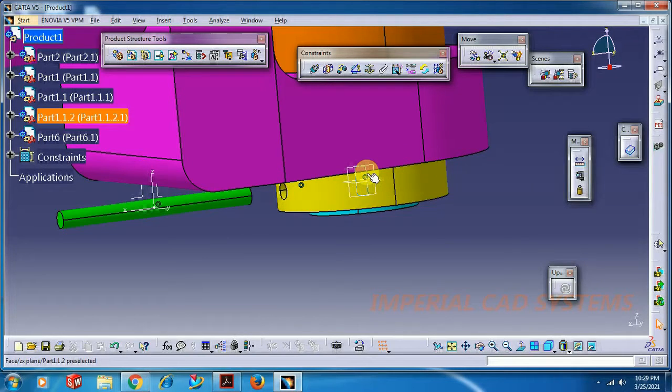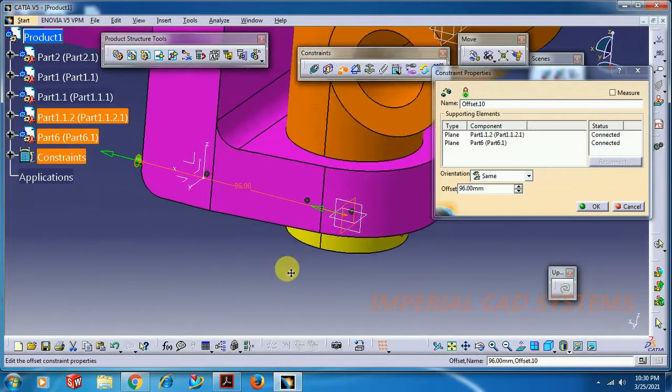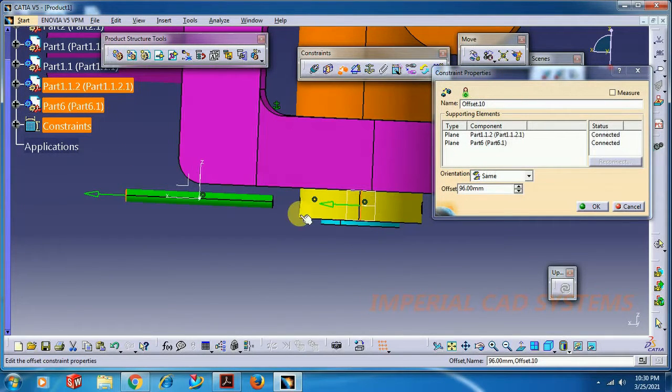Now as this plane is middle and this plane is also middle, we can directly go for an offset, select this plane and this plane and make 0, or go for offset if the plane on this taper pin is not at the middle. Suppose if it is at this surface, then go for offset, select this plane and this surface and give distance symmetrically. From here to here the collar size is 50 mm, so I give 60.